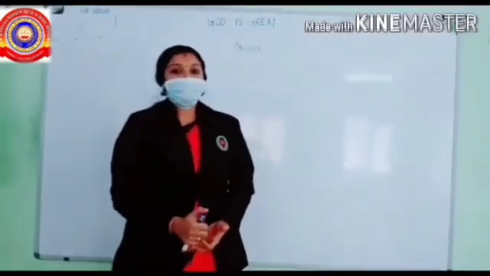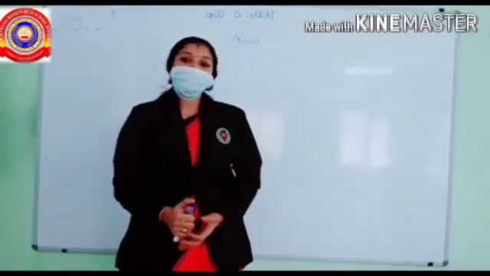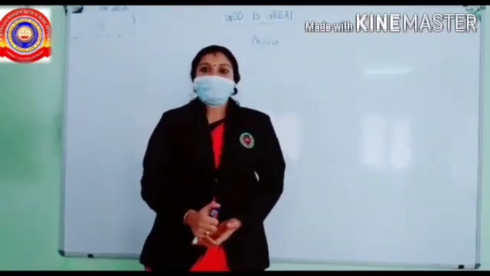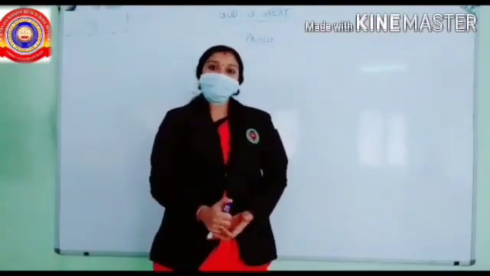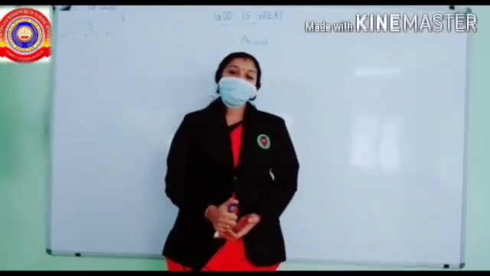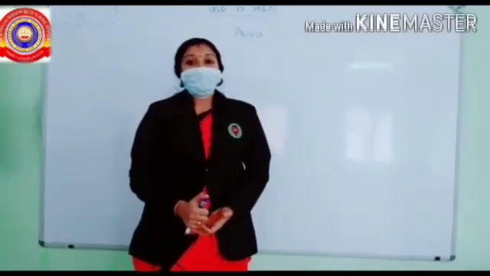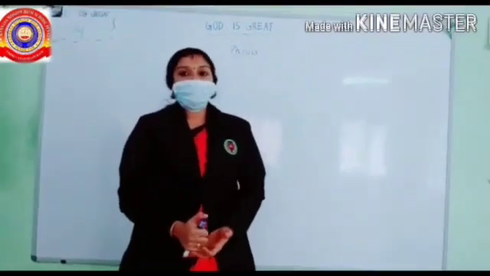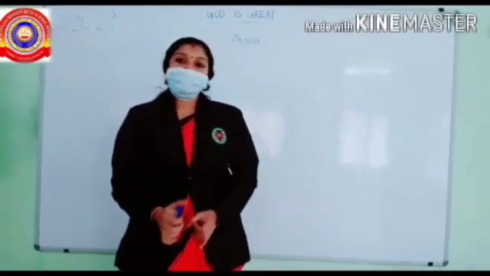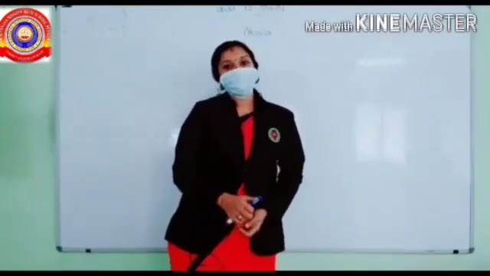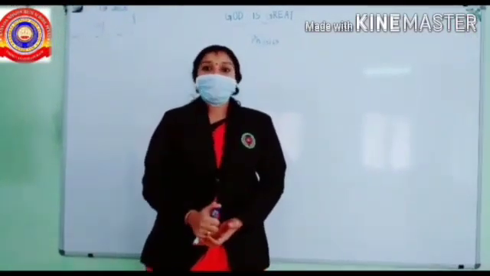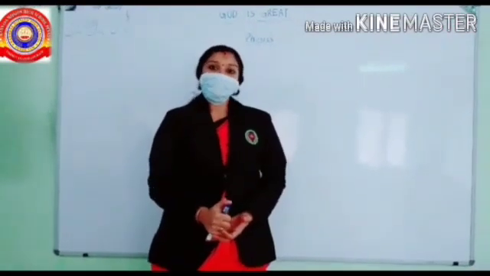I hope you all understood what we have discussed in our previous section. Let's go through it. What's our chapter name? Yes, measurements and units. In it, we have studied about the standardized scale for measuring length. That is, the basic unit of length is meter. 1 meter is divided into 100 equal parts, and one part is 1 centimeter. 1 centimeter is again divided into 10 equal parts, and one part is 1 millimeter.